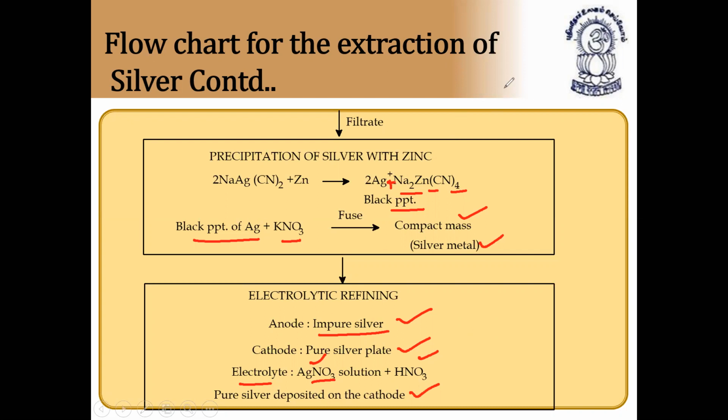These are the steps involved in the extraction of silver. First, froth flotation process. Second, we have leaching, and third, precipitation of silver with zinc, which comes under leaching only. And fourth, we have electrolytic refining. I hope it is clear, if I'm going fast, because anyway it is very easy. Everything is being shown to you, so please note it down. Try to solve questions based on this. Anyway, we are going to discuss questions in this lecture now.